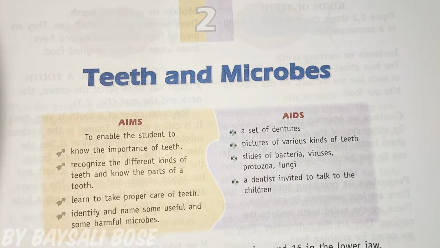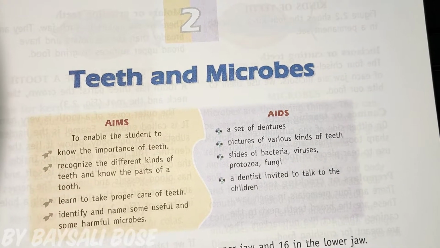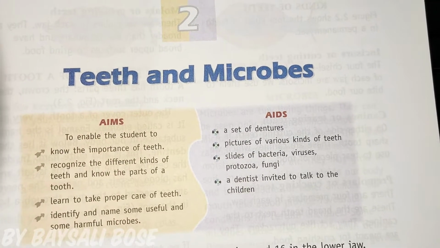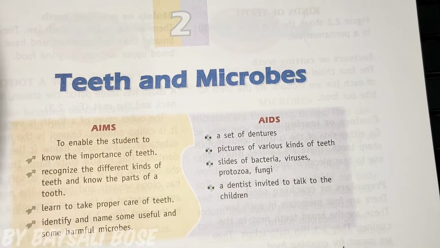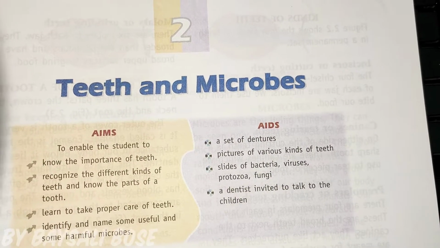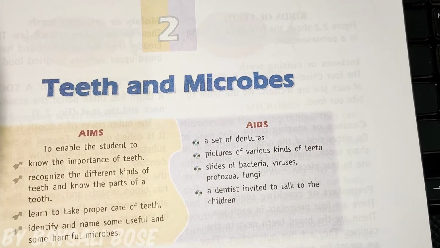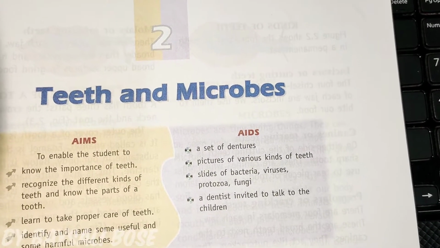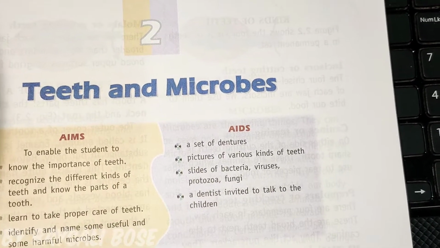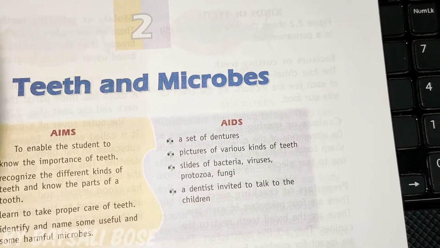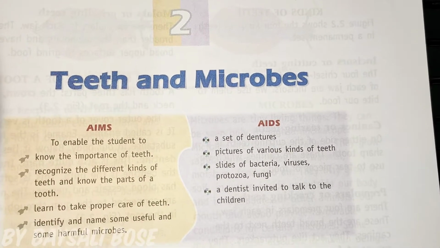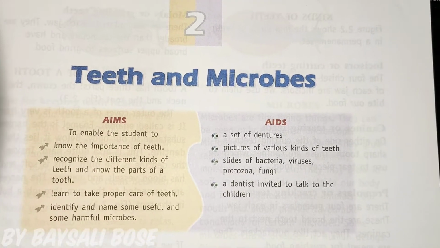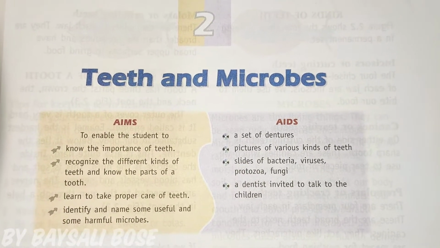When a photographer asks you to say cheese, what does he want you to do? He wants you to smile. Clean and well kept teeth make our smile beautiful. These teeth give a proper shape to our face. Teeth help us to speak clearly. They enable us to bite and chew food. This makes digestion easier, and you have read about this in your previous chapter. So our teeth are a very important part of our body.